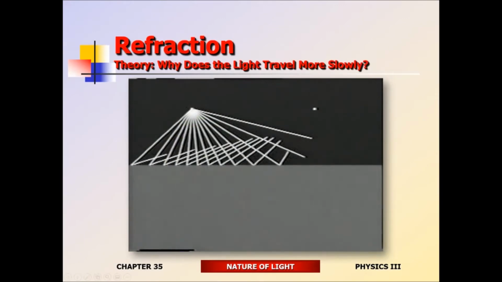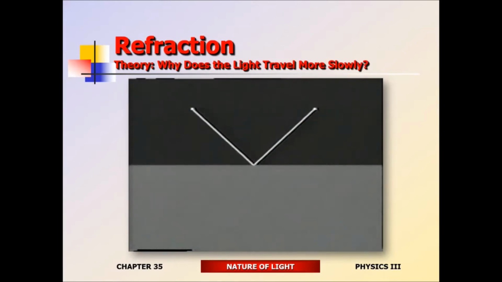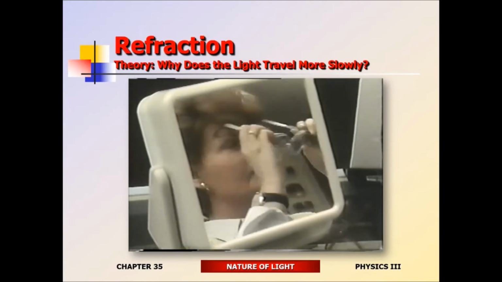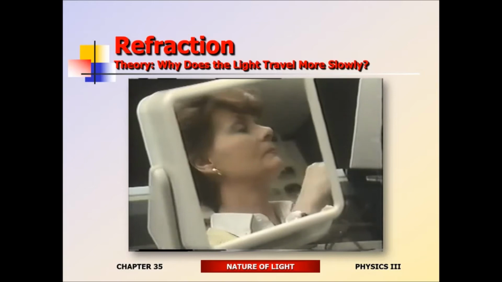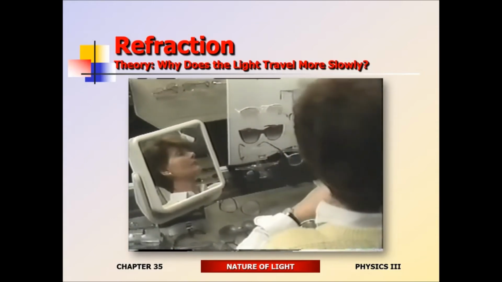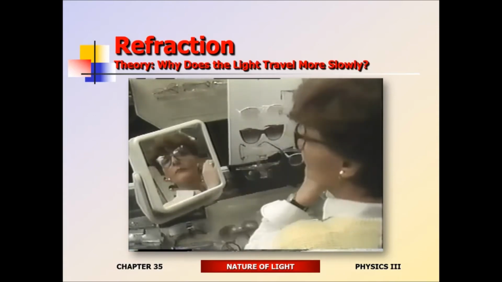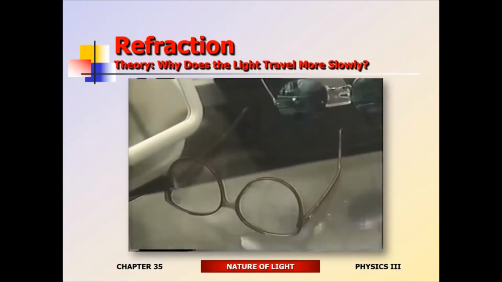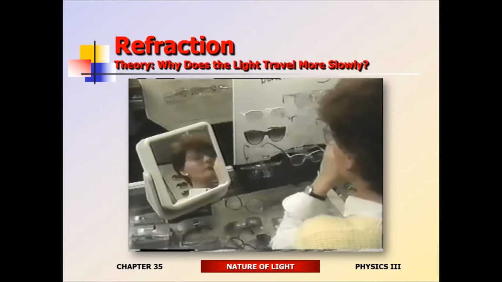All the possible paths from source to mirror to destination, the true path is the one that arrives in the shortest time. Because a metal surface with its mobile electric charges is just what it takes to bounce the light back. Mirrors are made of silver, which is plated onto the surface of glass. But if that's why mirrors work, why do lenses work? They work because when light travels through a transparent medium such as glass, the continual reconstruction of the light beam by each molecule of the material makes for slow going. In other words, the speed of light inside the glass is slower than it is out in the air.